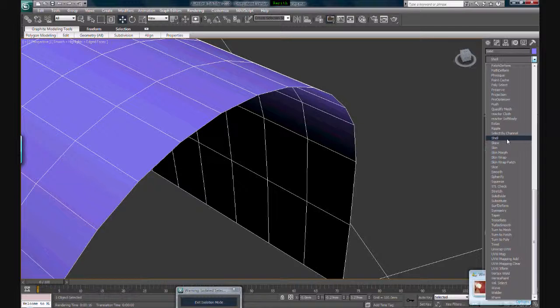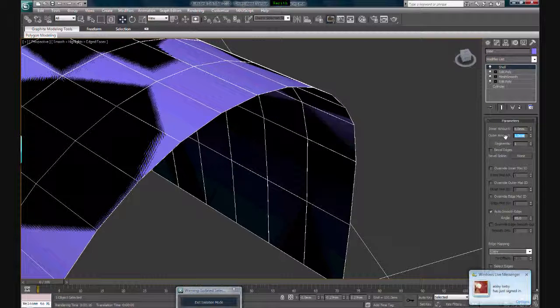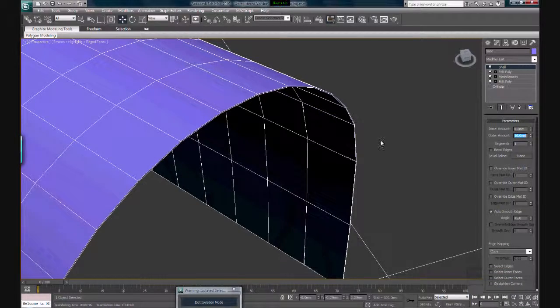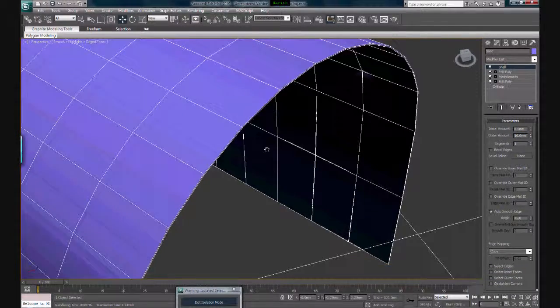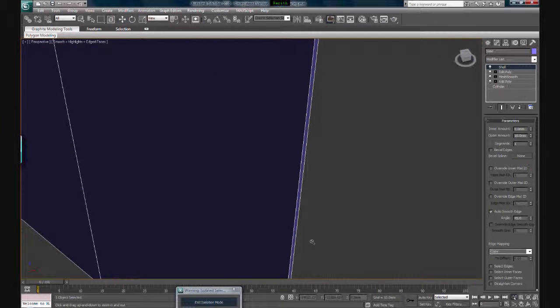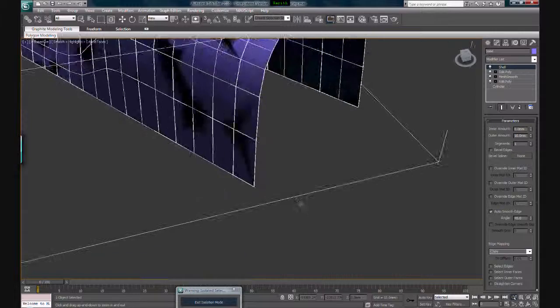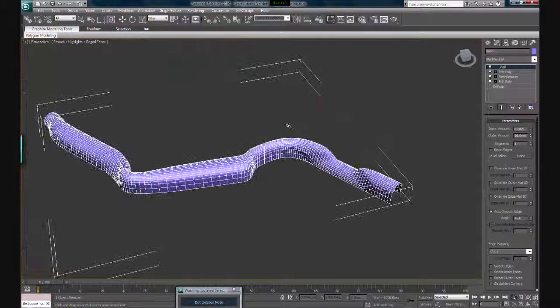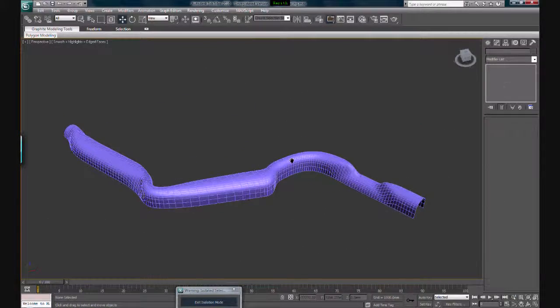Right now it's 1mm thick. Let's make it 10mm. So you see now there's thickness to it. If I zoom in slowly, I can see the thickness there. You see? So since we have a glass